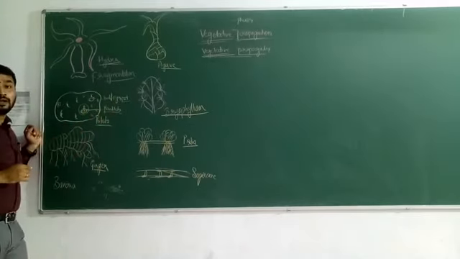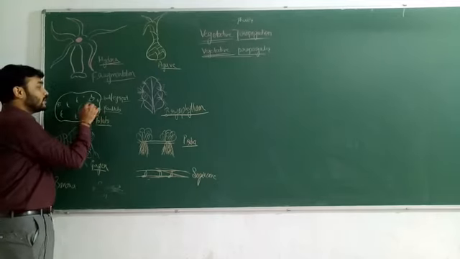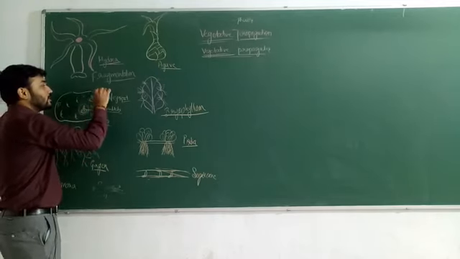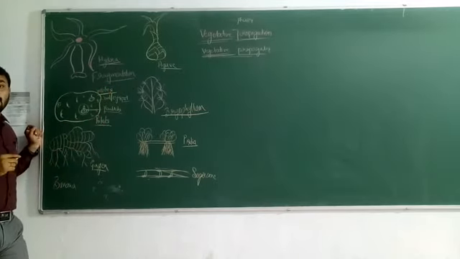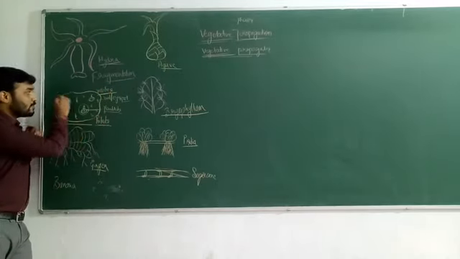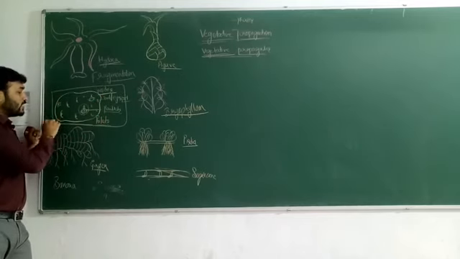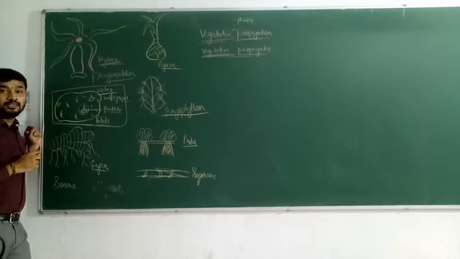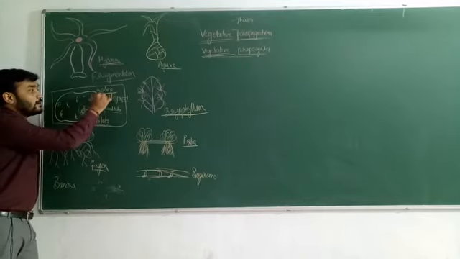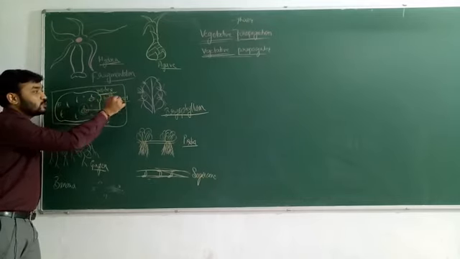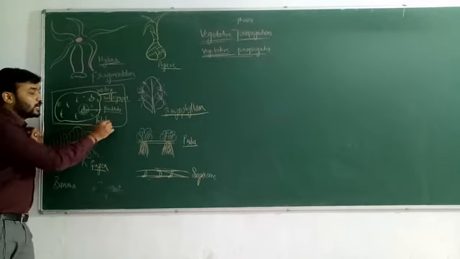These eye spots arise from the nodes. That's why if the diagram is given and we are asked to identify the vegetative propagule, we have to write that the eye spots are the buds of the potato